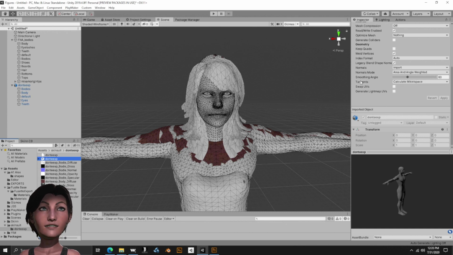Smoothing angle, this has to do with tangents. If you have a really low poly mesh, crank up your smoothing angle to 180 degrees. That's for really low poly meshes. Okay? Because that's just going to make your entire mesh look smooth. If you have body only, yeah, crank up the smoothing. If you have clothing, they might have some sharp edges. You might want to just let Unity handle the